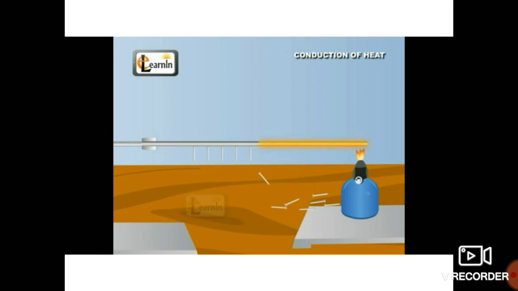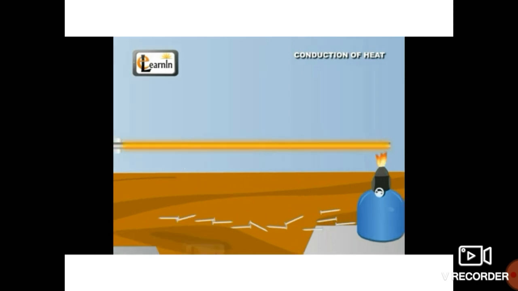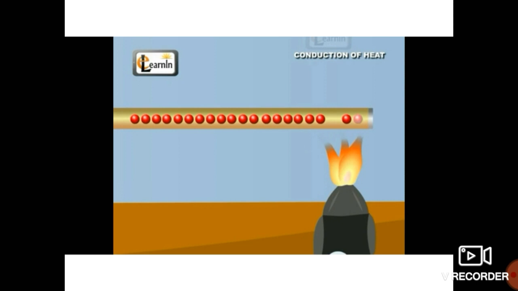Okay, how is this possible? See students over here, and why do these nails fall? The theory behind this is that the heat which we provide at one end of this iron rod flows from one end to the other end of the rod by means of conduction. Here we have taken an iron rod, which is a solid object.